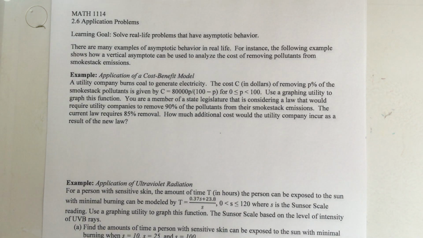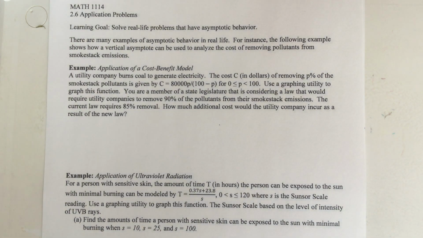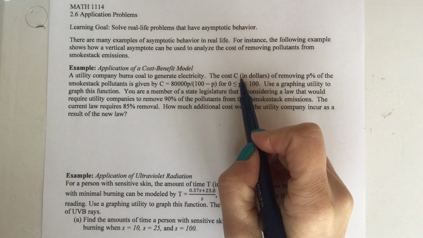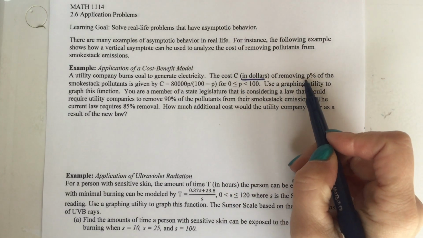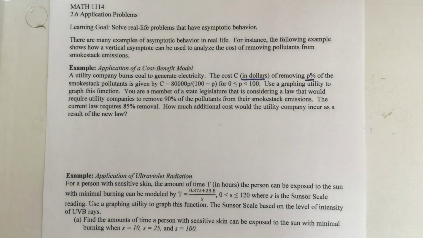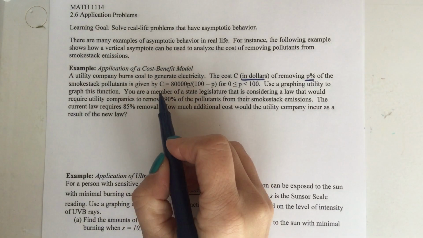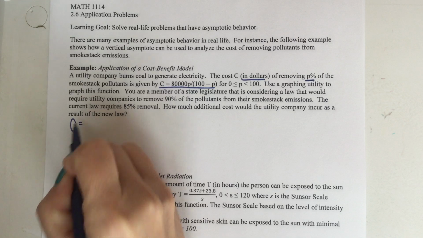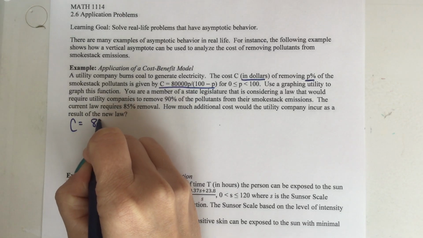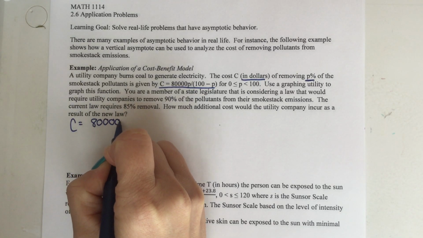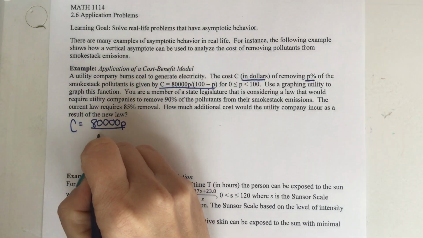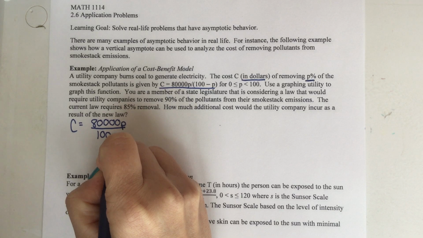Today in College Algebra, we are going to finish section 2.6 by looking at some real-life examples that have asymptotes. The first example: a utility company burns coal to generate electricity. The cost C, in dollars, of removing P percentage of the smokestack pollutants is given by this rational function. So C, cost in dollars, is 80,000 times P, which is the percent of pollution you're removing, over 100